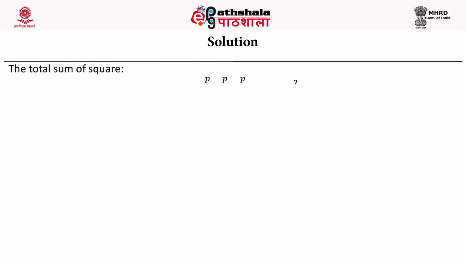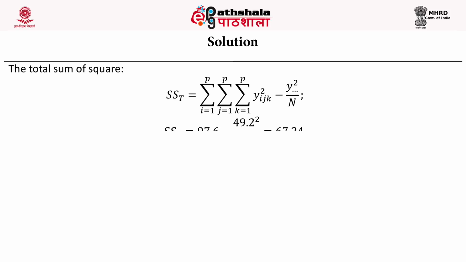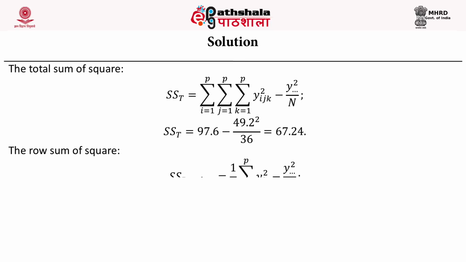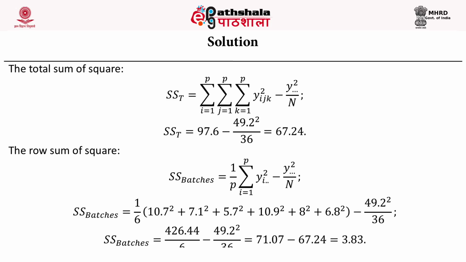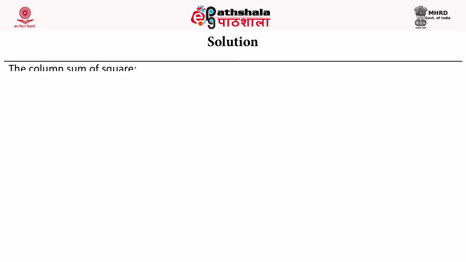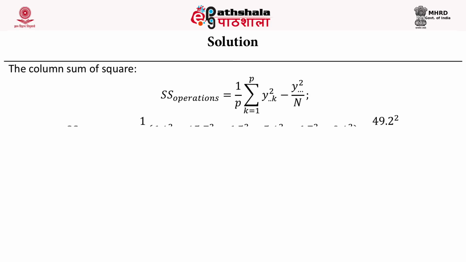The total sum of square is equal to triple summation yij square minus y triple dot square upon n. So the sum of square of total comes out to be 67.24. The row sum of square can be derived by the same formula, and the sum of square of batches comes out to be 3.83. And the column sum of square, that is the sum of square of operator, after putting the value in the formula we get the result as